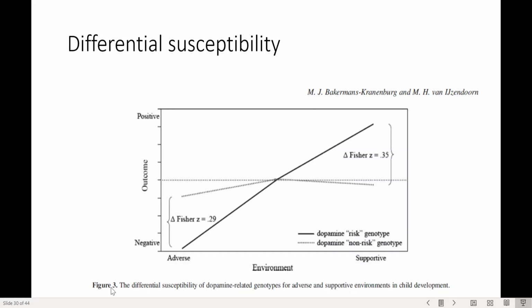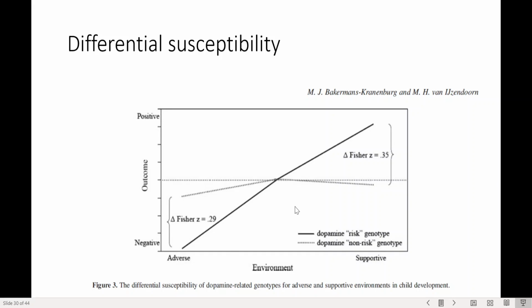And the idea is that if you have a non-risk genotype, so your dopamine system is relatively well calibrated, then you might suffer somewhat in adverse environments, but overall, looking at the gradient of positive versus negative life outcomes, you are doing okay, and being in a supportive environment is not actually going to give you as many